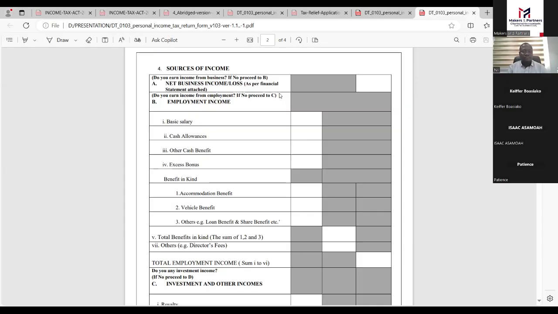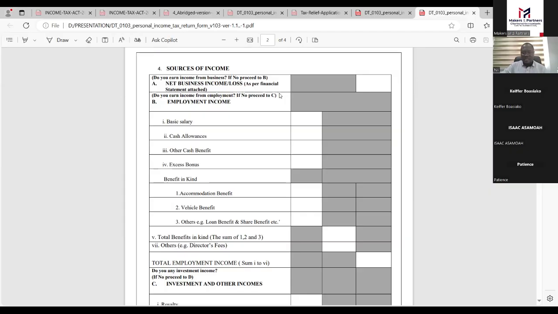Then I think the tax authority needs to do more education on that. That's my suggestion. Yes, they are doing more education on that, because now if you need a tax clearance certificate, you need to generate that yourself on your portal. You don't go to your accountant to get it for you. Okay, well noted.